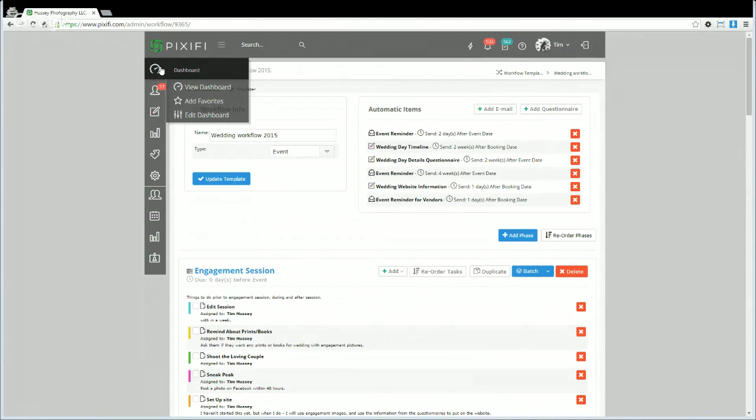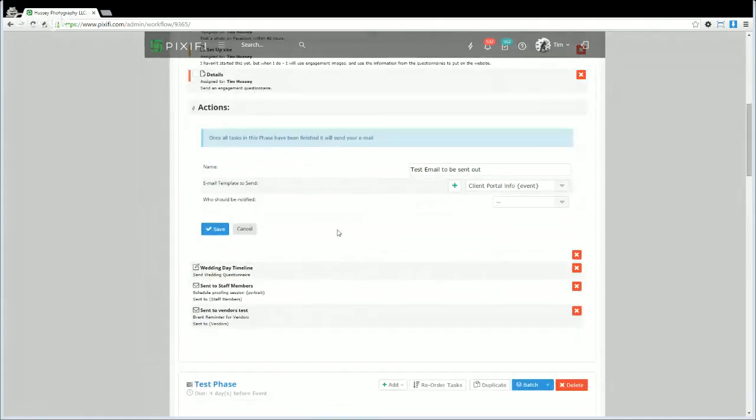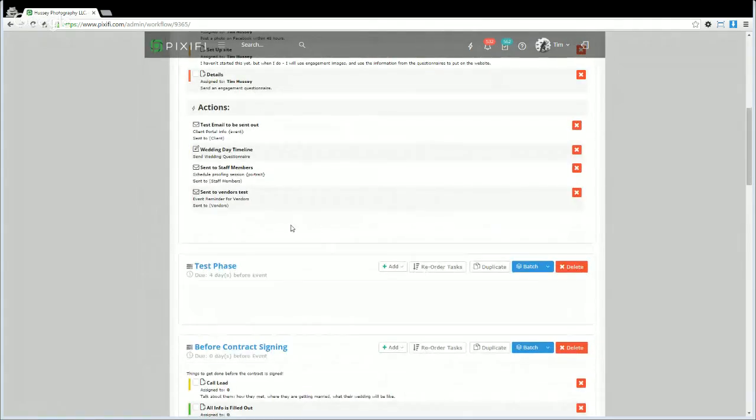Oh, okay. So there's another question that I missed. So my clients have one link with their proofs and one link for their digital photo order, but they each have the same password. Can I send an automatic email once the task is marked as complete with their URL and password? Sure. You can send, so say you checked off all of these tasks and in your actions, you add one of these emails to be sent out. What I would do is I'm